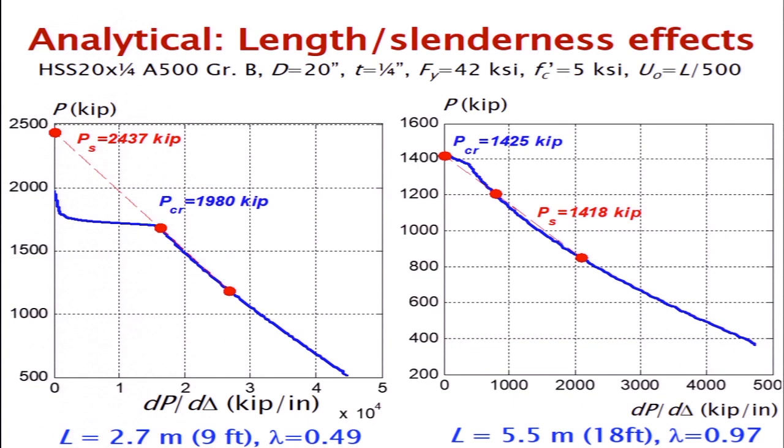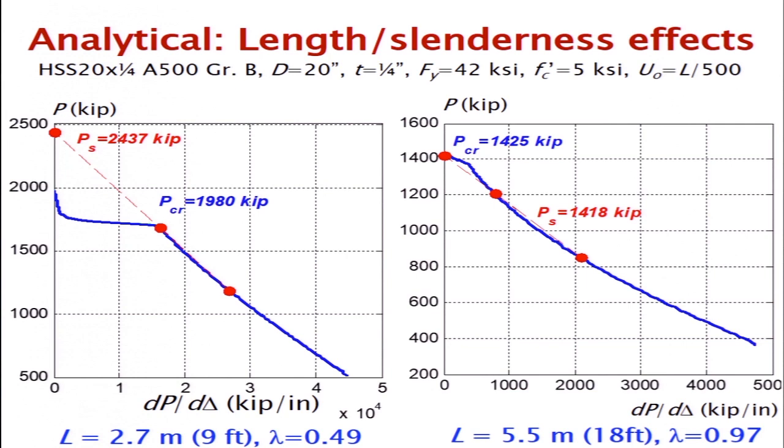And so let me walk you through one example of what happens to one of these columns as you go to different slenderness. Again, I apologize, the things that appear on my screen are not there. Basically, this is the same column, okay? This is with a lambda of 0.5. This is with a lambda of